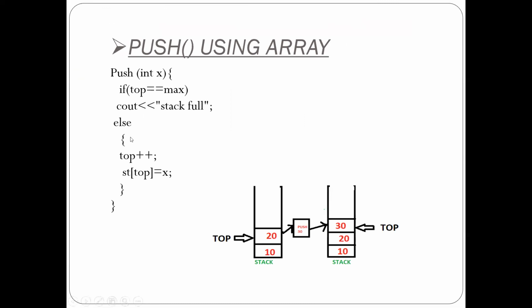Here I have written the code for the array representation of the stack. The same example I'm going to continue here. Originally there are two atoms, 10 and 20, present on the stack, and I want to insert 30, that is the push operation. After pushing 30, the stack should look like this. So how will this code work? See here, for the push function, we are passing the parameter.